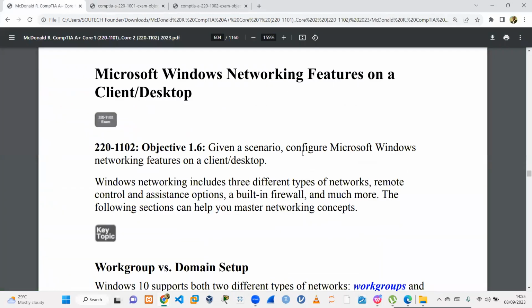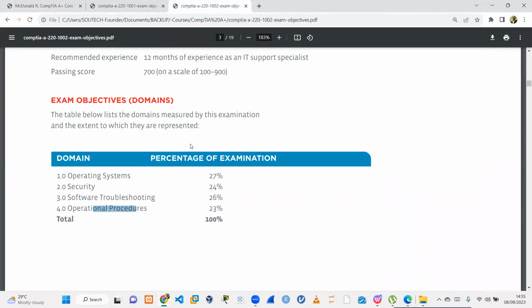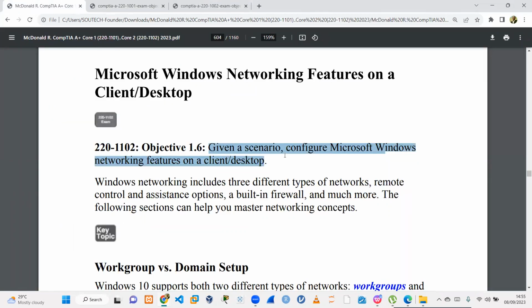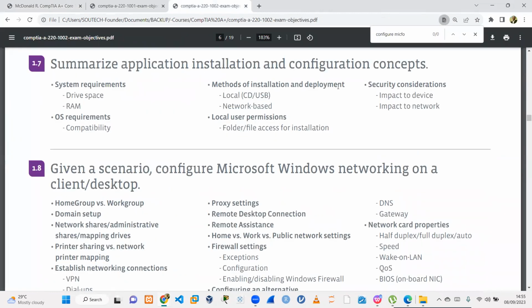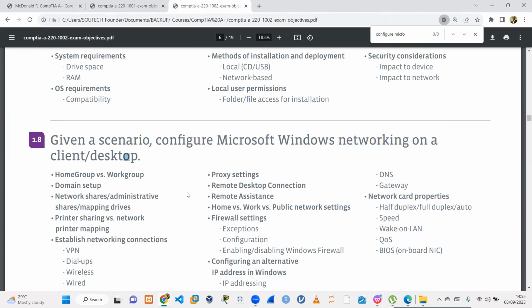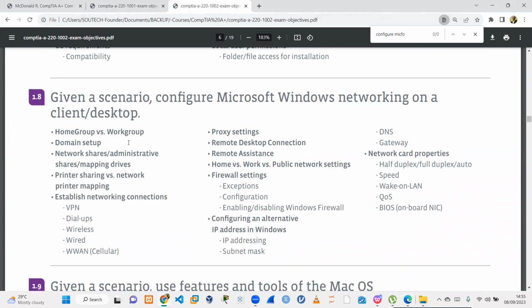Okay, given a scenario, configure Microsoft Windows networking on a client desktop. This objective is on the 1102. So what we want to learn about is HomeGroup, workgroup, domain setup, network shares, file and printer sharing, VPN,